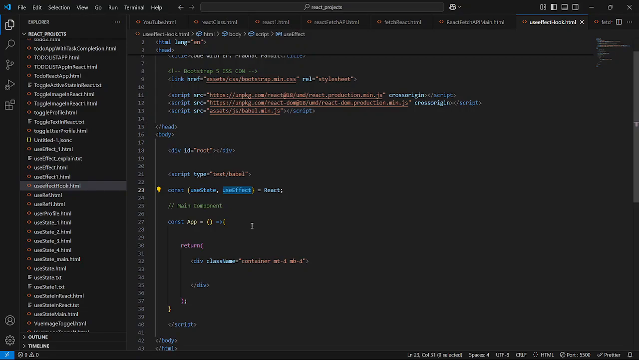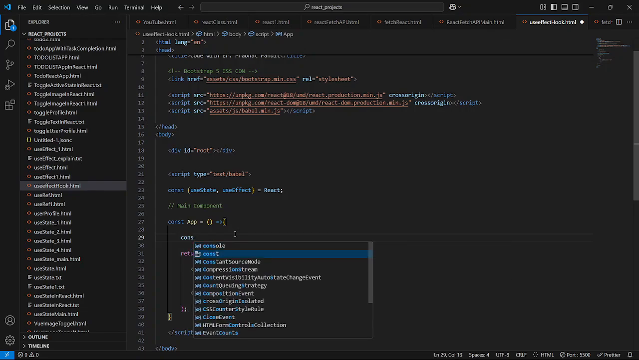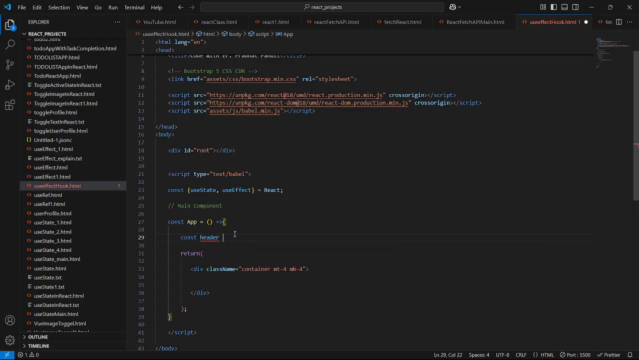So much talking. Now I'm going to create a const. I'll use header, and I'll use a string here. I'll say: Welcome to React.js classes with Prabhat